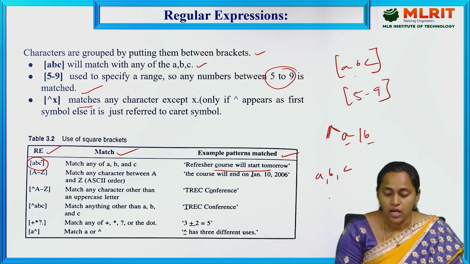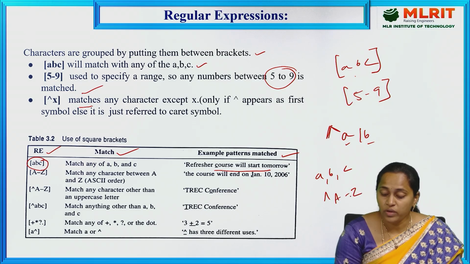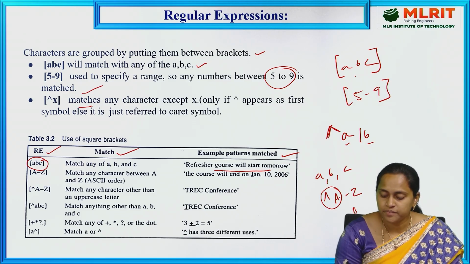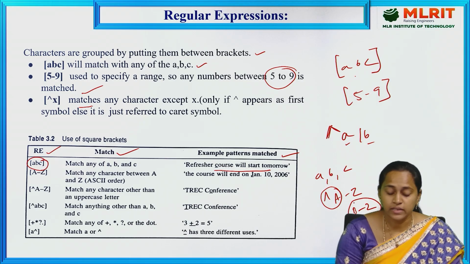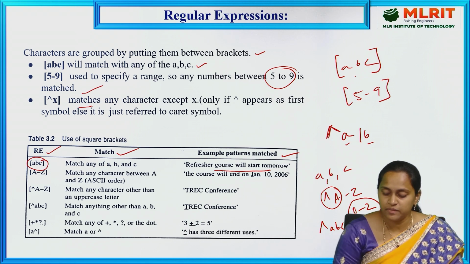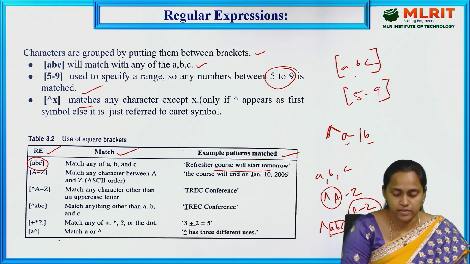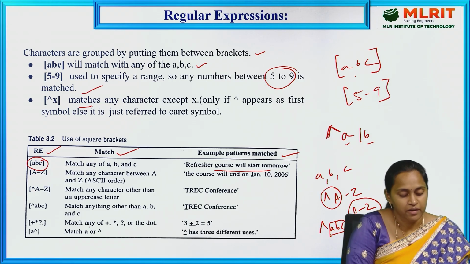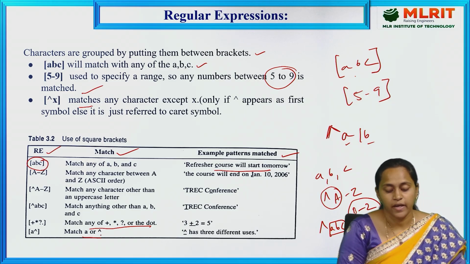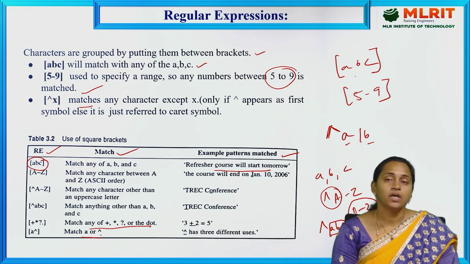Right? Next, closure A to Z. Not only A, it will match the remaining B to Z. This is the meaning of this regular expression. Next, closure A, B, C. Here it matches anything other than A, B, C, that is the remaining D to Z also. Next, plus or star or question mark, match any of these. And next, A caret matches A or caret. These are some regular expression definitions.